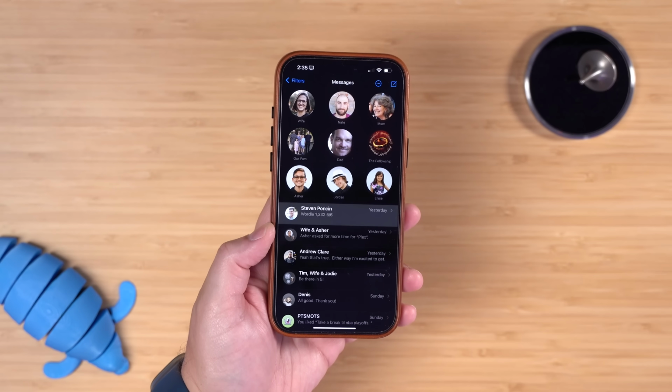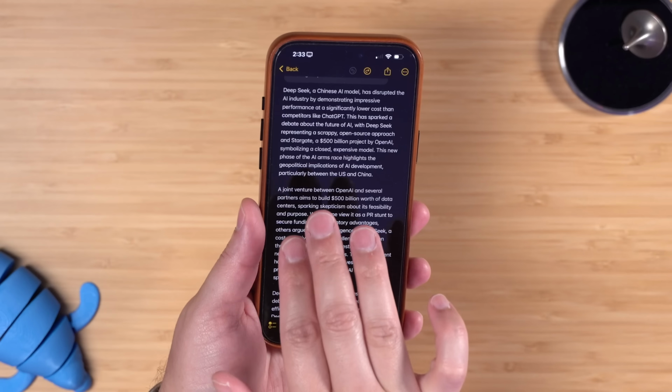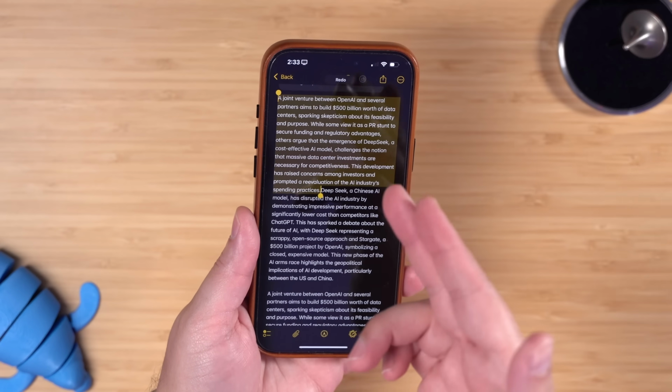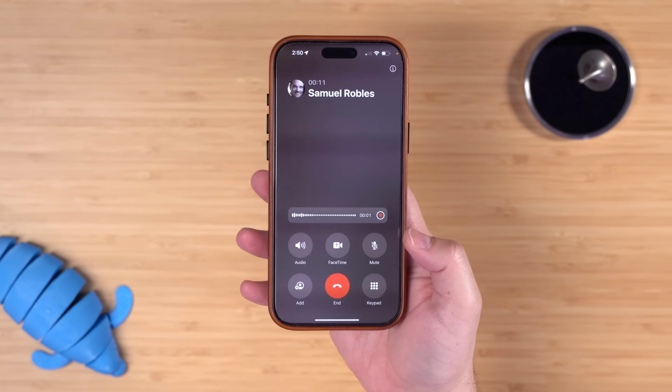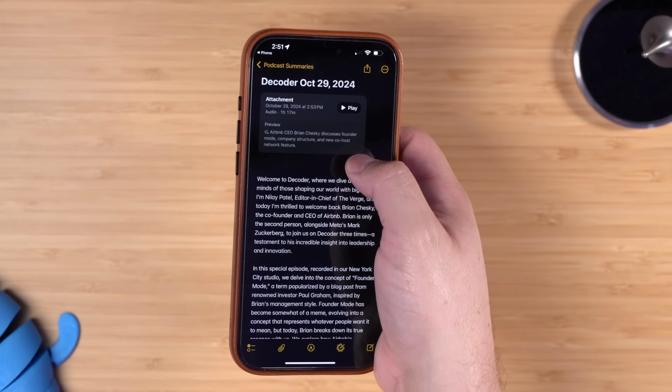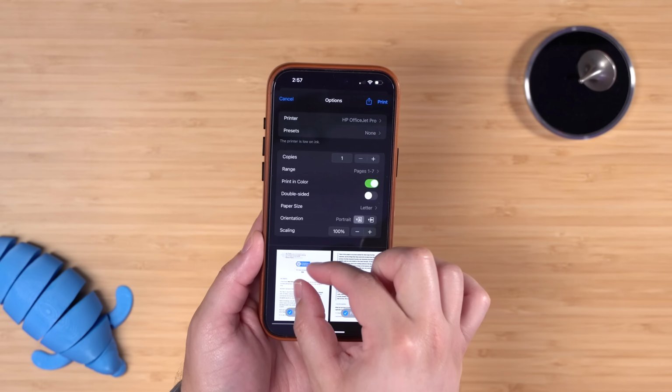Here are 25 tips to help you be more productive on your iPhone. I'm going to show you how you can drop all the things from photos, text, and even websites. Don't shake to undo, there's a better way to do that. Pull phone numbers and text from images, new features in iOS 18 like recording calls, transcribe audio files and notes, make any email or web page into a PDF, and some secret gestures to help you get around your phone